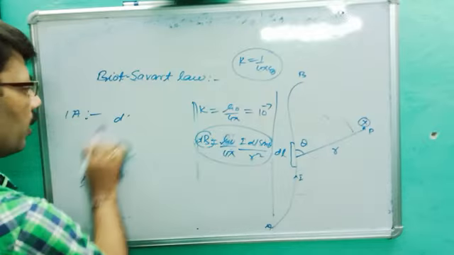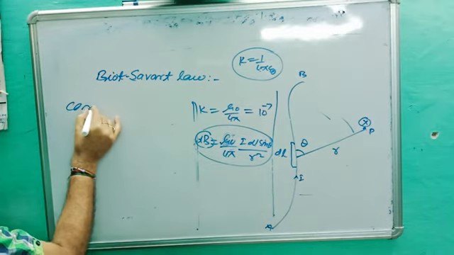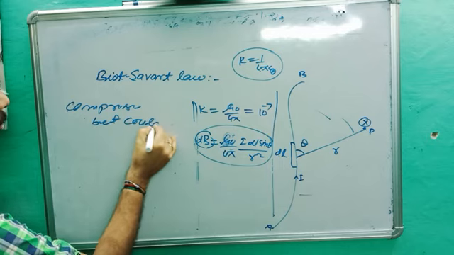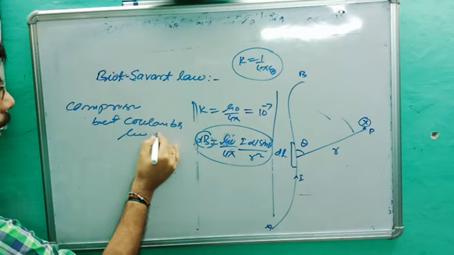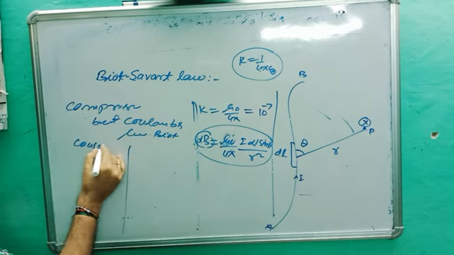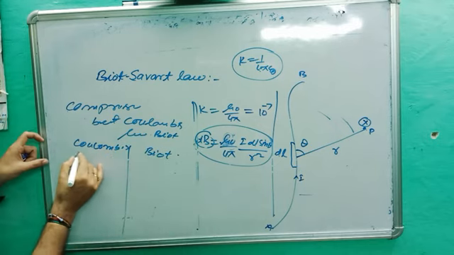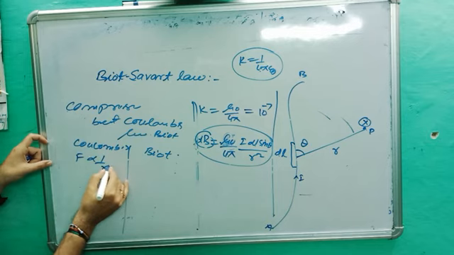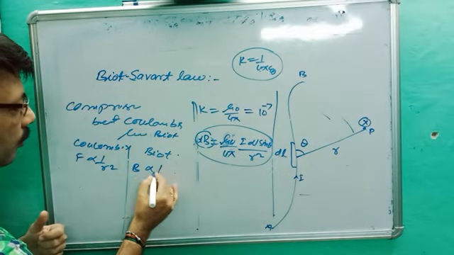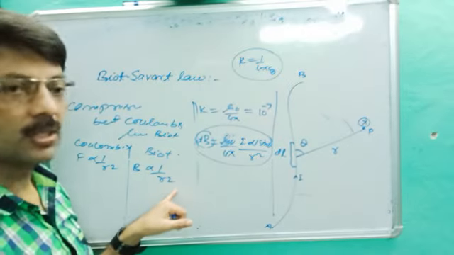Okay. Last point. What is the comparison between Biot-Savart law and Coulomb's law? This is another very important question. Comparison between Coulomb's law and Biot-Savart law. First, here F is inversely proportional to R square. You better know Q1 Q2 upon R square. Here B is inversely proportional to R square. This is the similarity. It is inversely proportional to R square, and it is also inversely proportional to R square.